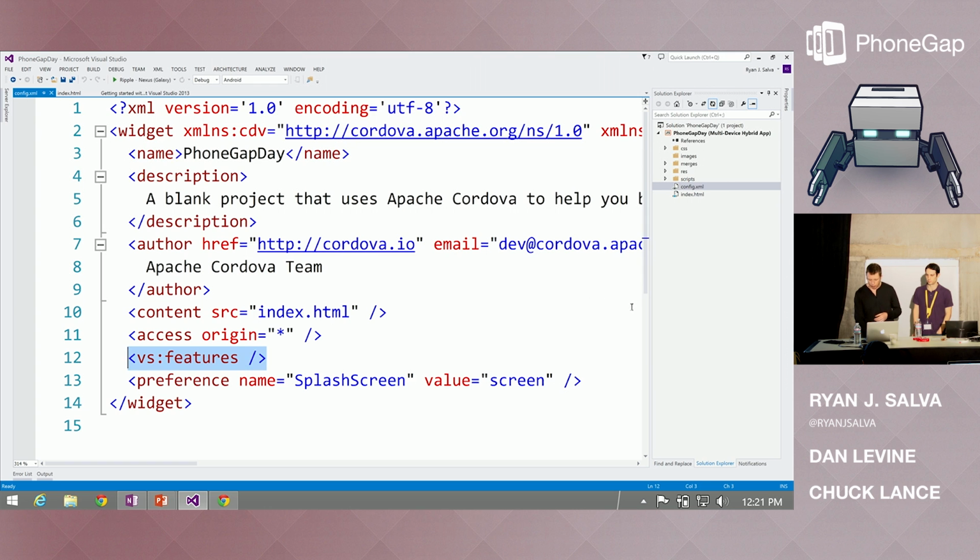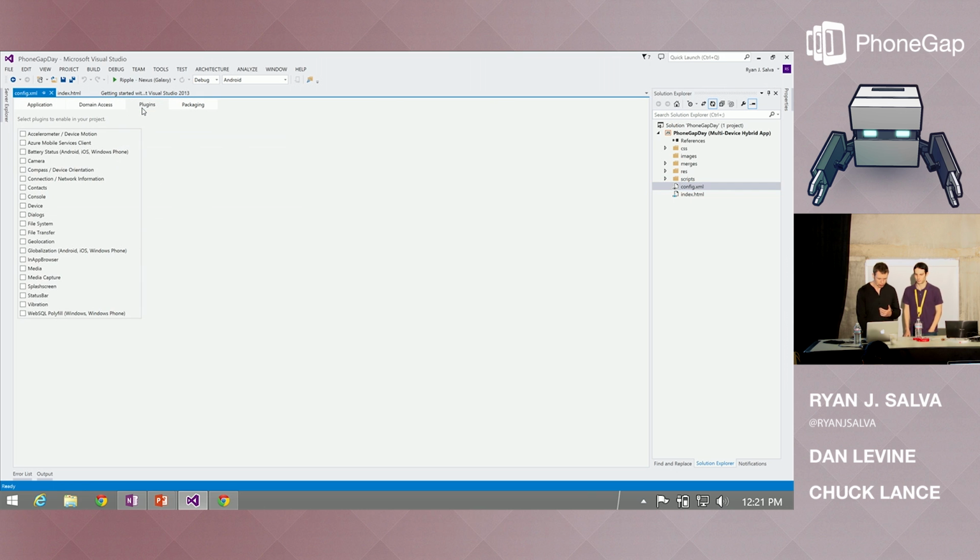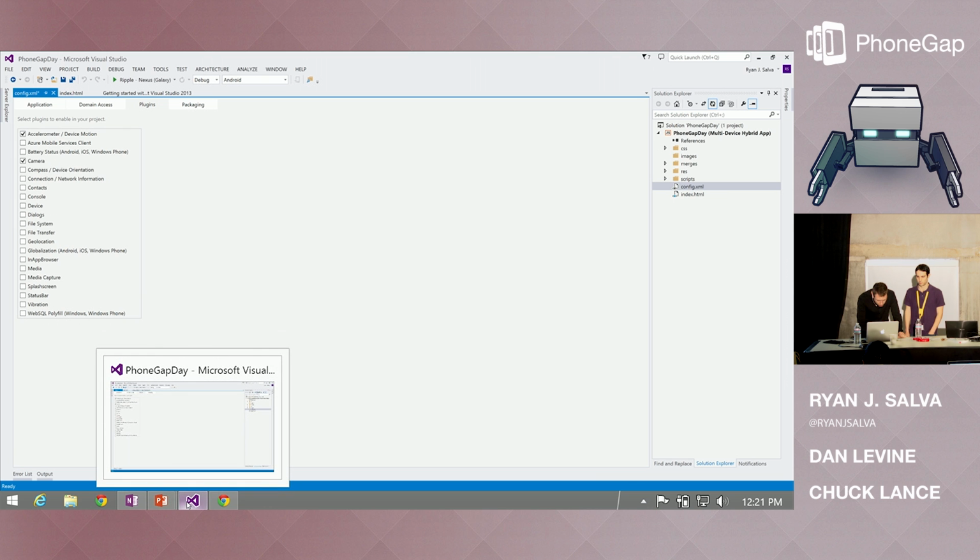Okay, cool. I feel like I had a large digression because I really wanted to tell you guys about plugins. All right, so let's actually do a plugin here. In this particular case, I'm going to add in a plugin for the accelerometer and a plugin for the camera. I forget if this is the one that works or not. Yeah, I think this one is. We'll give this a try.